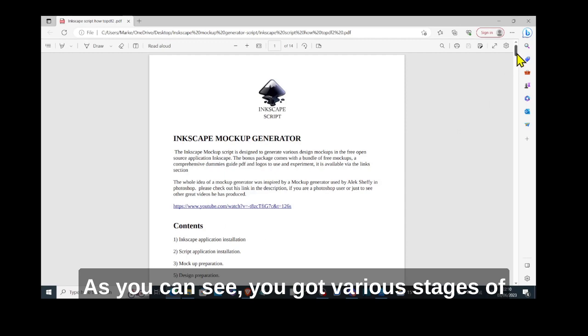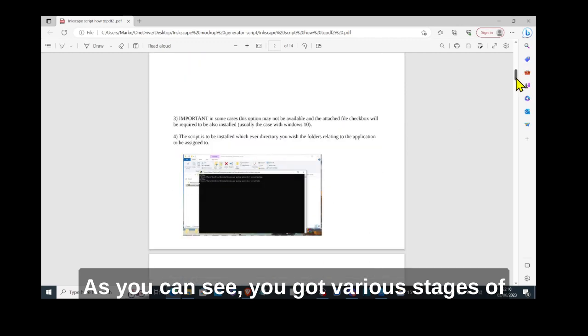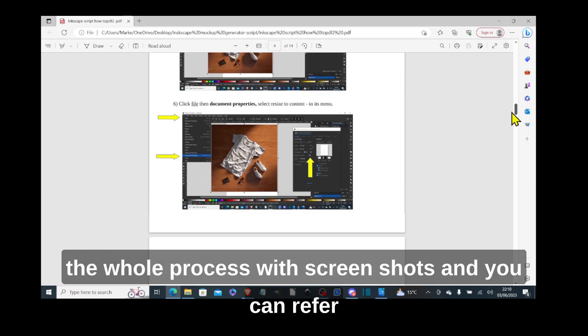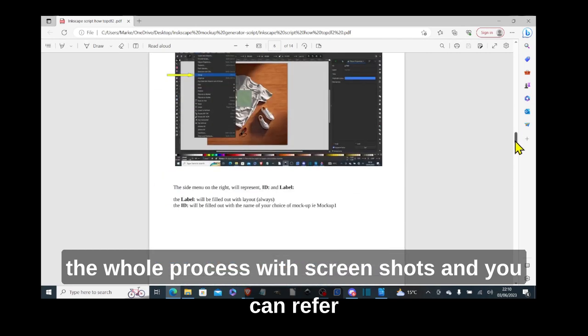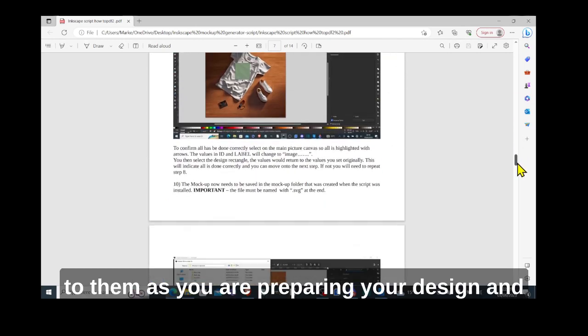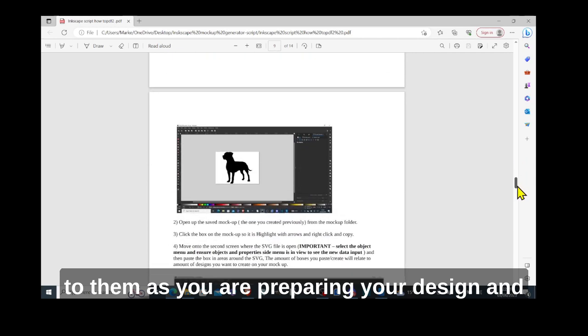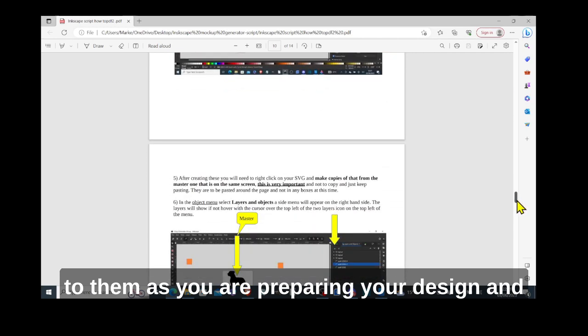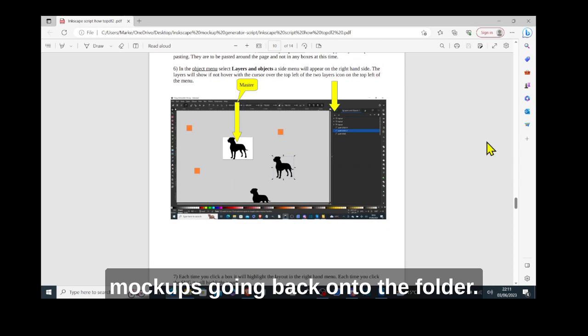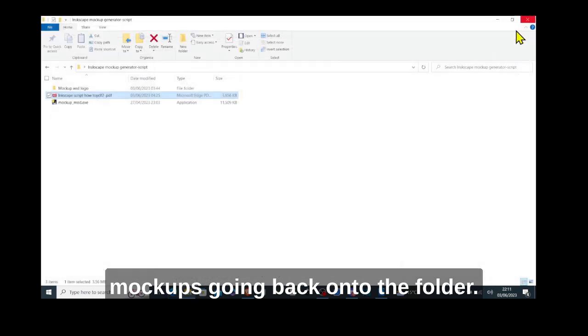As you can see, you got various stages of the whole process with screenshots, and you can refer to them whilst you are preparing your design and mockups. Going back onto the folder,